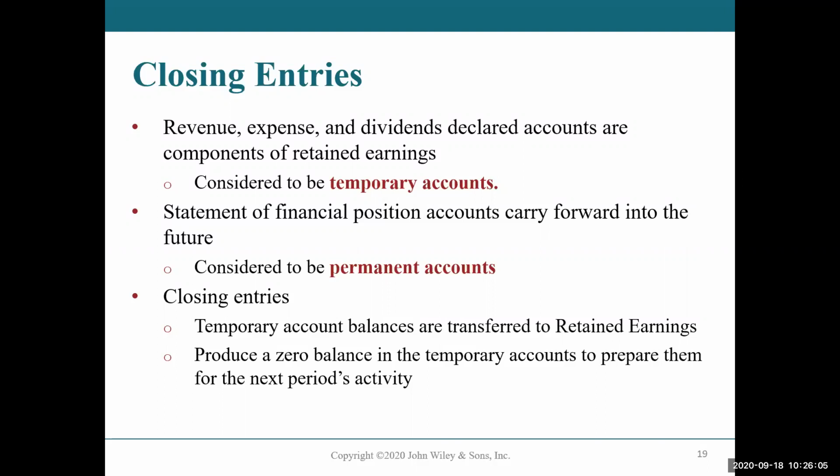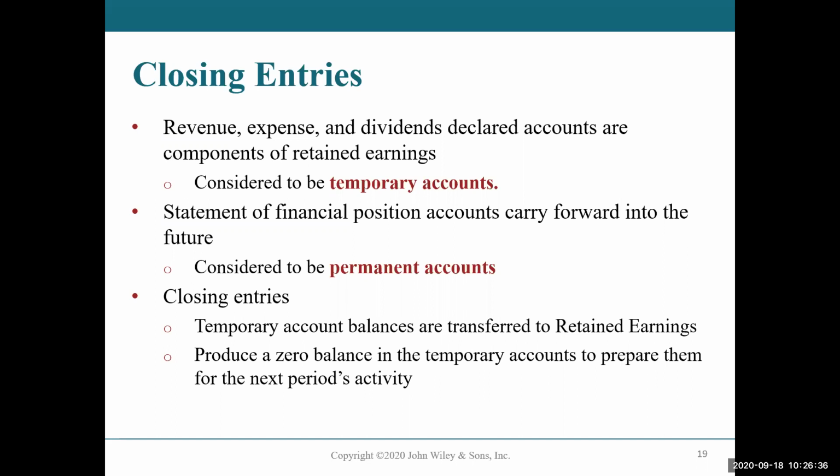So the way it works is, if we think of our financial statements, remember when we prepared our financial statements, we said our statement of income and statement of changes in equity, they were for the period ending, a year ending or a month ending or a quarter ending, something was ending, okay? So when those financials are depicting a certain time frame, then those accounts have to be brought to a zero balance so that we can start afresh in the next